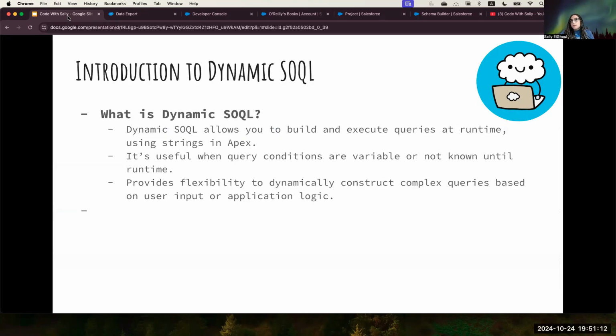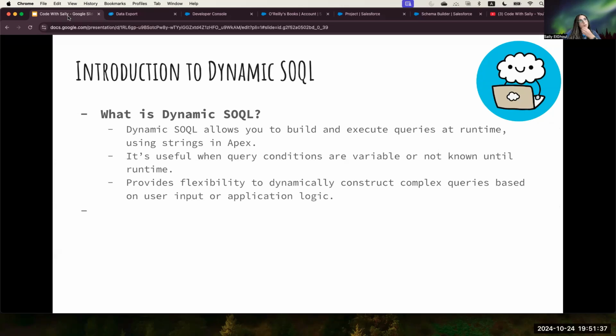Any questions? No question. Okay. We'll try to go through the dynamic SOQL as well. Are you okay if we go a little bit over, like 5-10 minutes? Yes, sure. I'm very fine. Okay. So the point is I want to finish the SOQL and I don't feel like leaving the dynamic SOQL